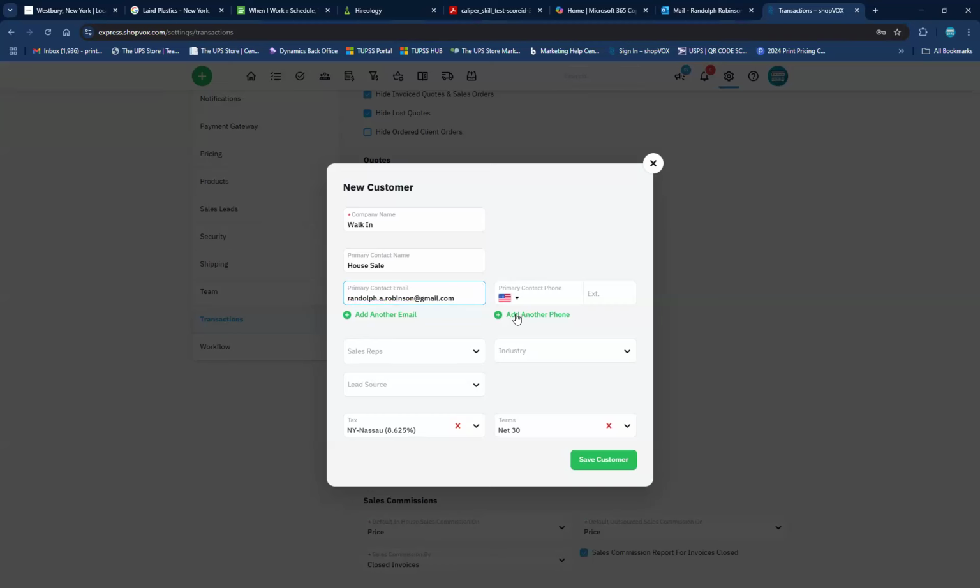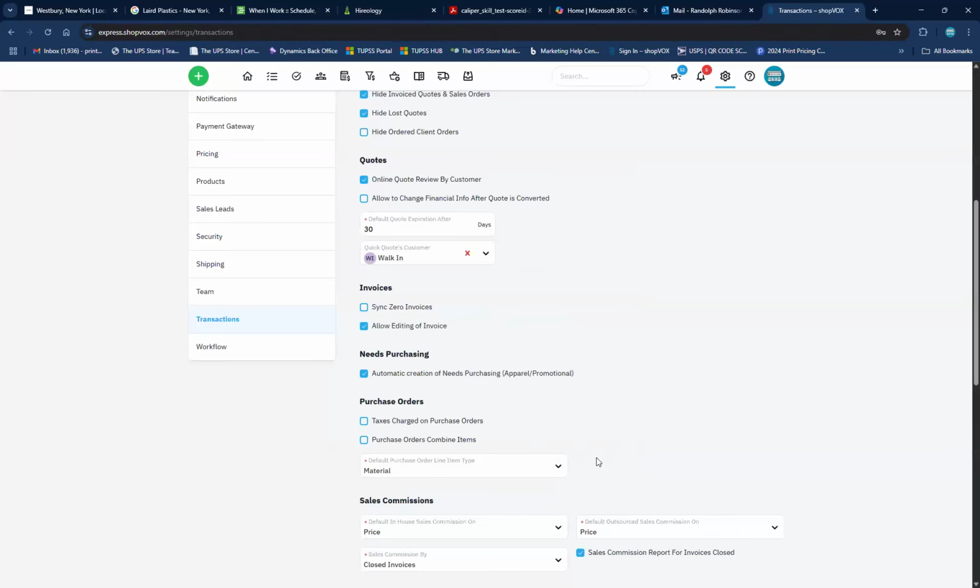Okay, all right. And then save customer. I don't think you need much more than that. Yep, there you go. All right, and save customer. There you go. So from your quick button now, the green button, we can now add a